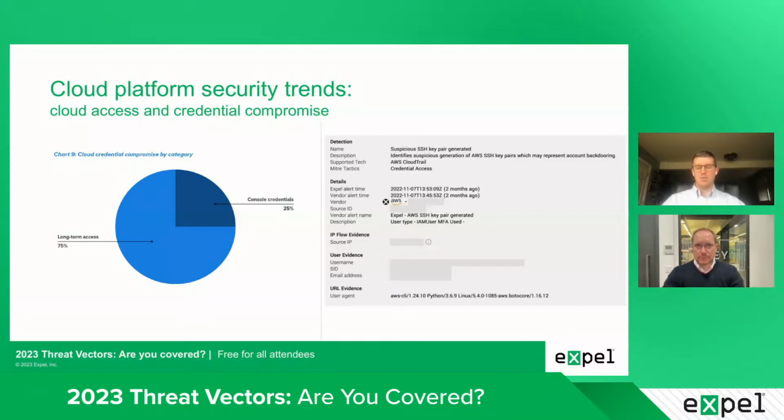And then also, a contributor to this to some extent, successful SSRF and DNS rebind attacks can also expose these long-term access keys from the metadata service. And then for that remainder, the user credentials are typically acquired through more traditional social engineering tactics. And then over here on the right-hand side is a sample alert that our analysts reviewed as part